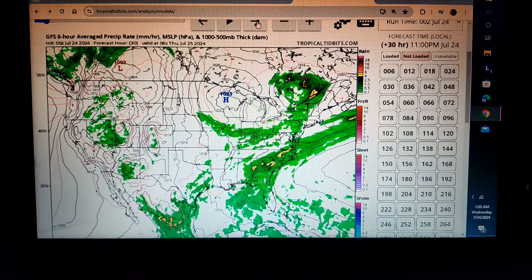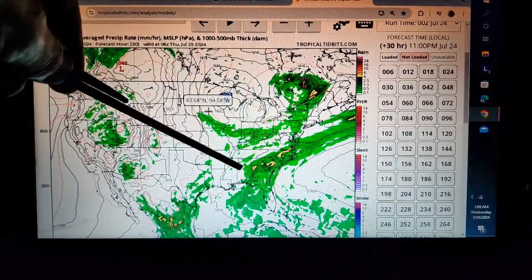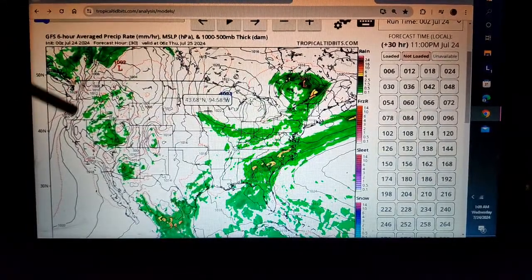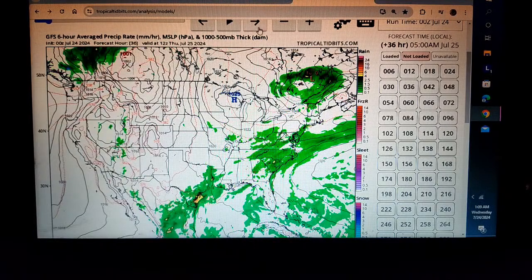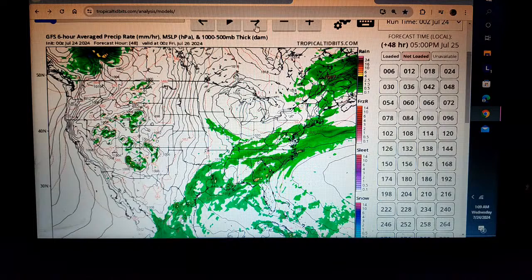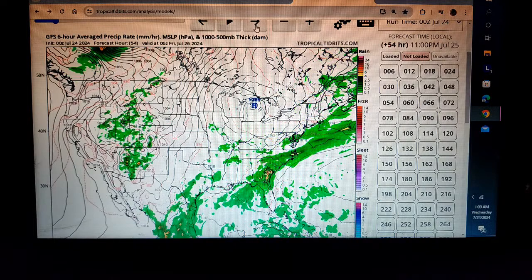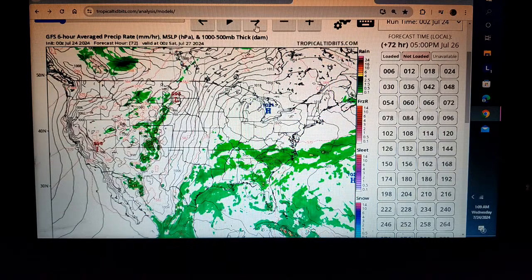Then the nighttime of the 24th. Okay, you see this low wrapping up. You see this comma shape effect right here. Okay, watch out. You could get a lot of rain out of that. Meanwhile, we got here. I'll use this now. Severe weather down here. Little pockets. Georgia, South Carolina, going on up down in Mexico as well. Up here as well. Then we go into the morning of the 25th. Noon. Again, right here, Texas and Louisiana. Convection, nighttime. Morning of the 26th, noon, convection, nighttime.